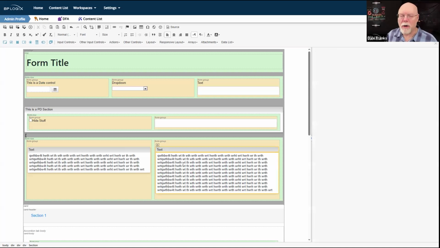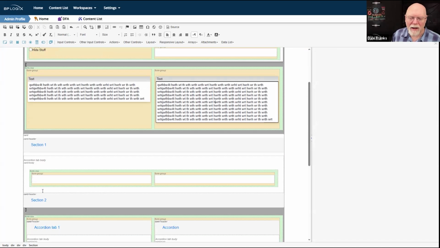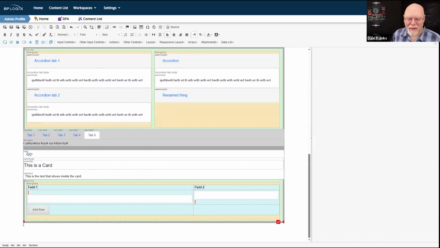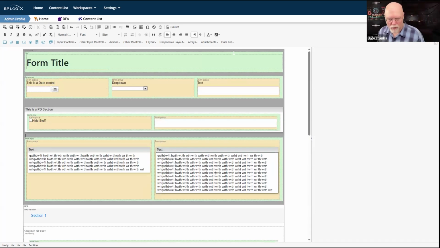There is an outer control called the container control that is sort of the page control for Bootstrap. So basically this gray box that goes around everything. You can see it all the way around. That gray box is my container control. There are a couple of different types of container controls, one of which is, I keep wanting to say adaptive, that's not it, it's an automatically sized control.